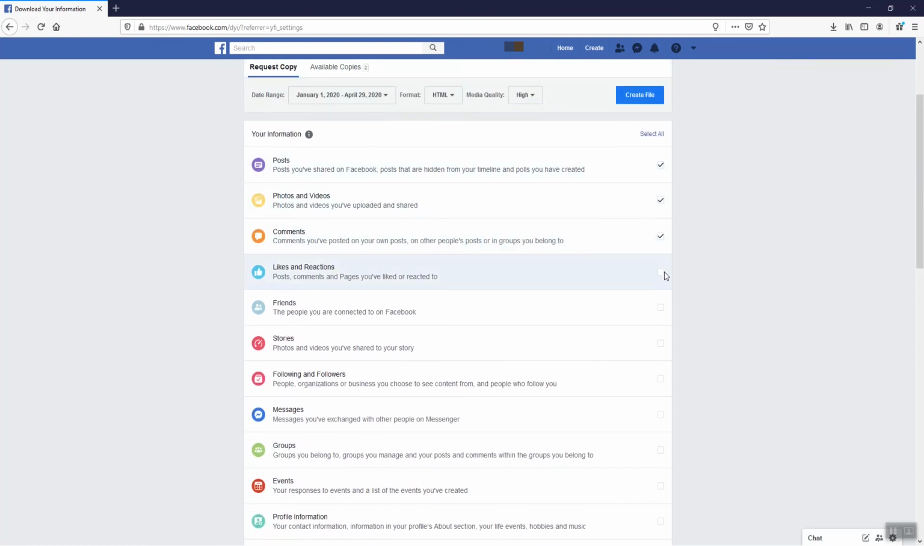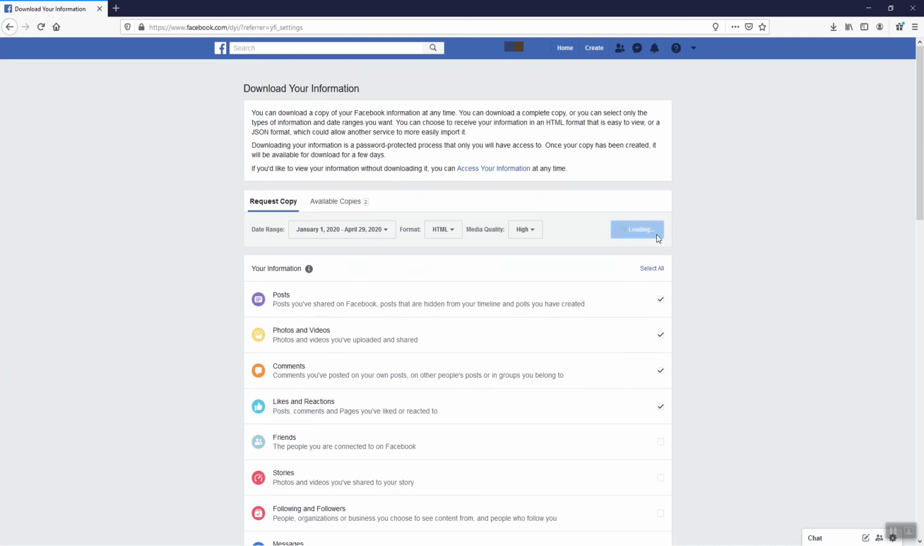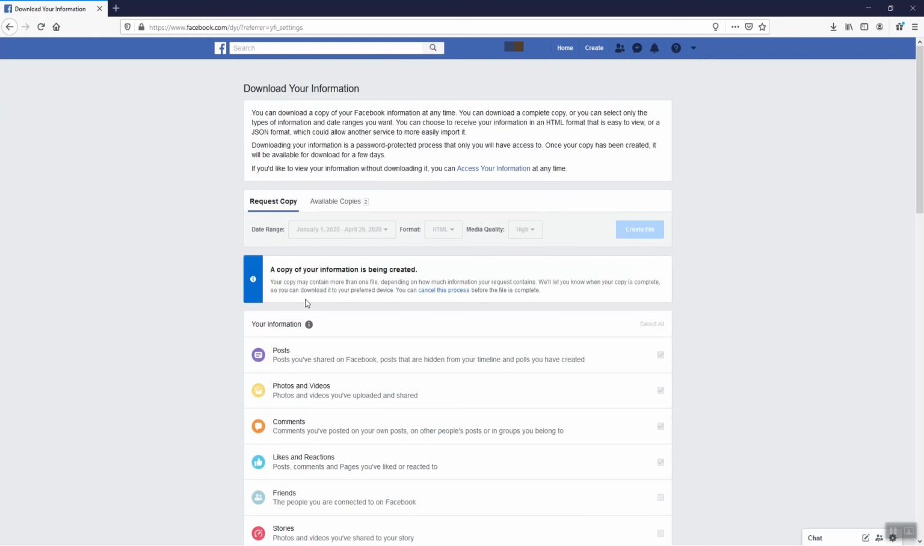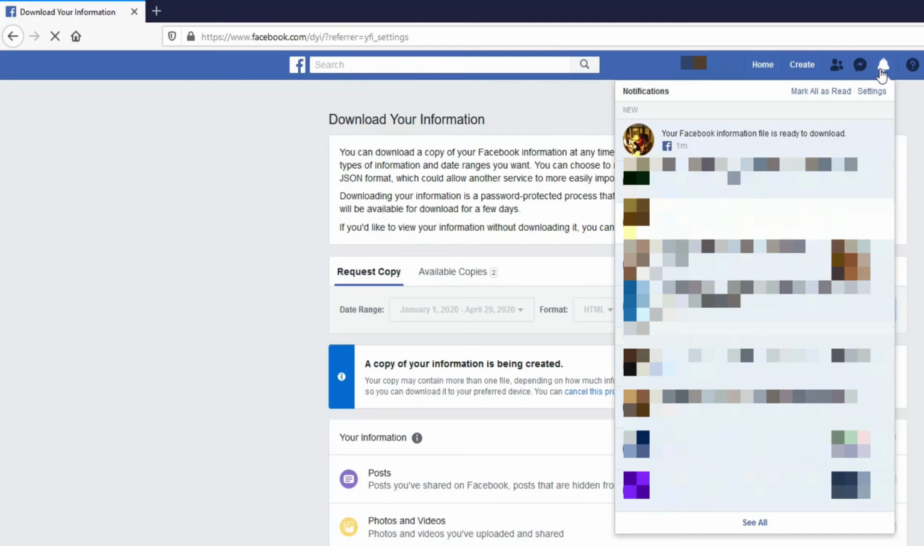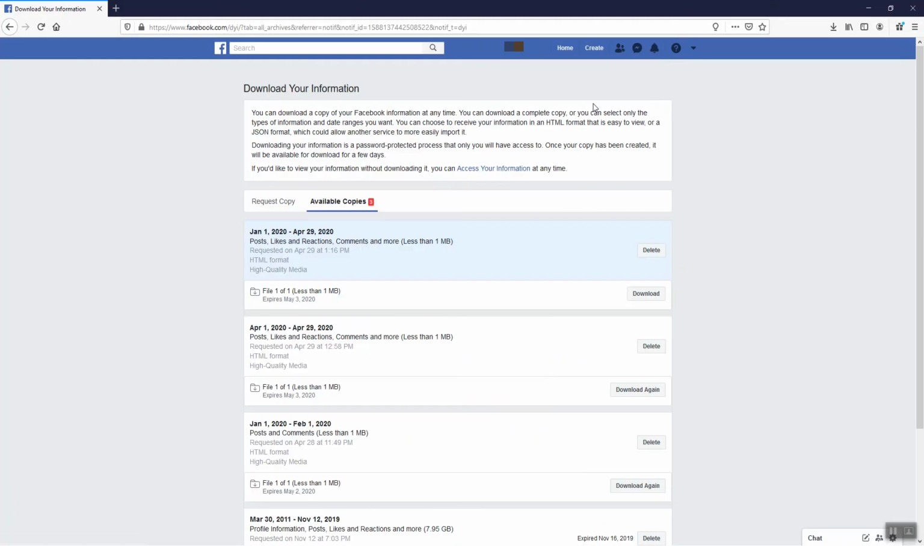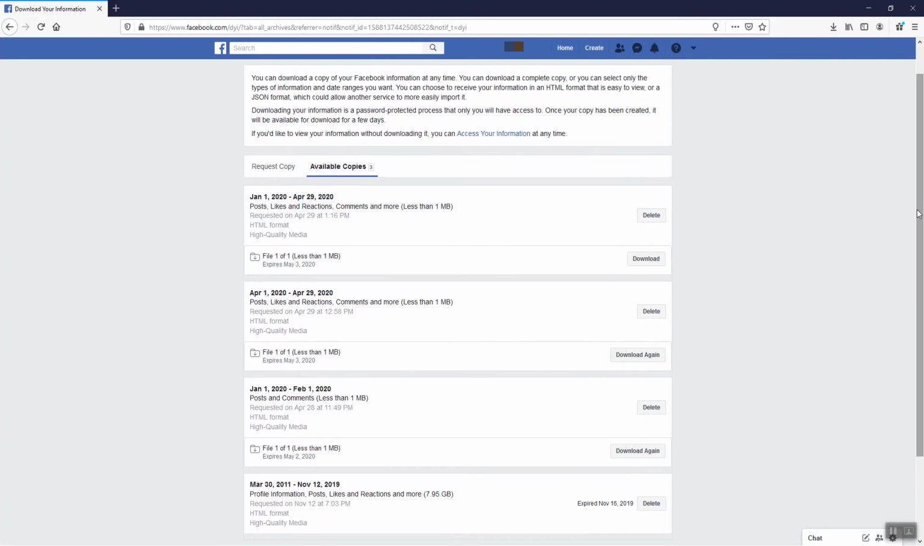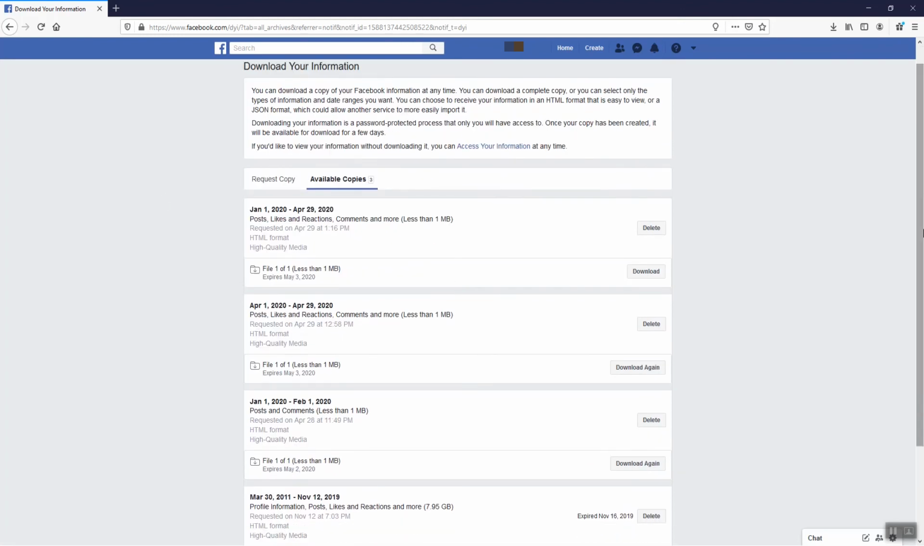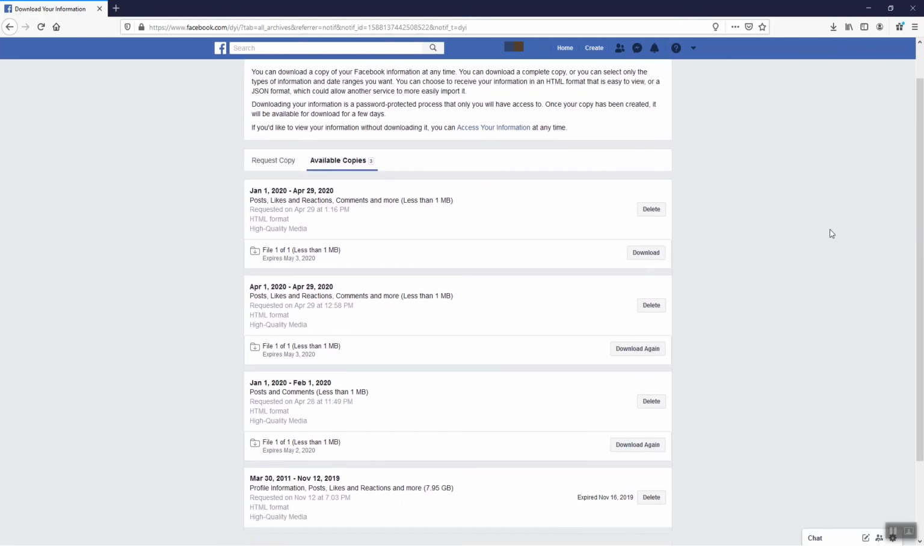Then click on the Create File button and wait for the notification from Facebook once the data is ready to download. Just visit your notification center and click the notification. You will be shown a list of Facebook data available for downloading. The first one is the recent data you requested, and below are the previous ones. Just click the download button,